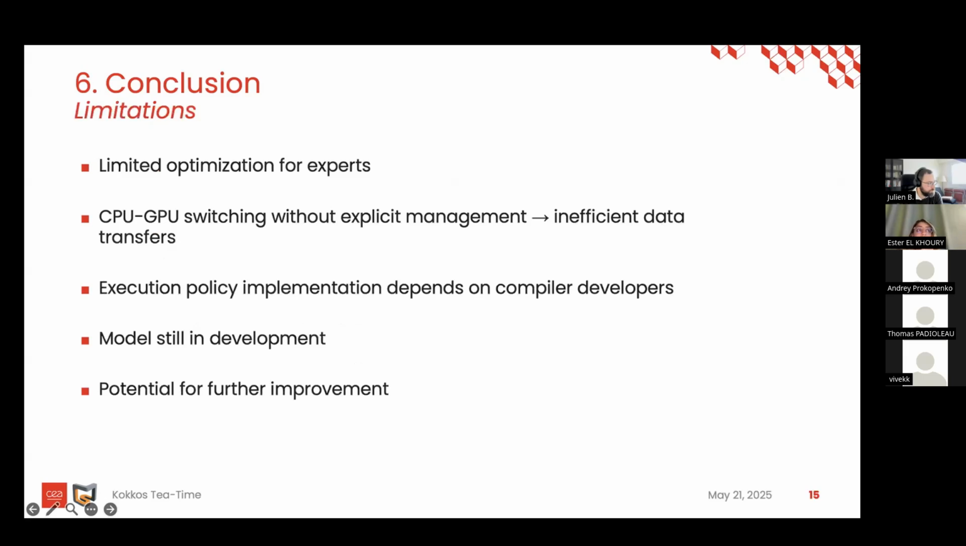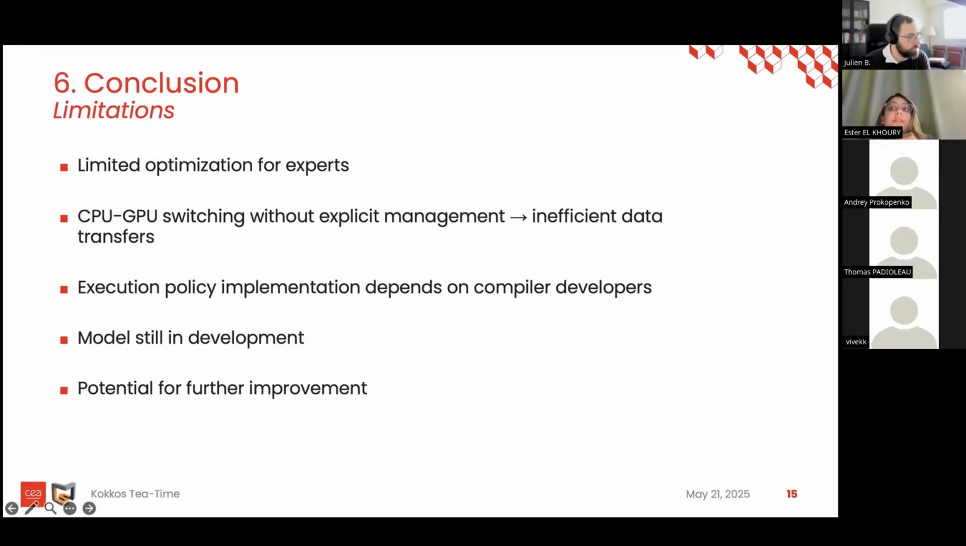Despite the strengths presented earlier, there are still some limitations to consider. First of all, the current approach offers limited optimization opportunities for expert users, for programmers who want to have a very performant code on a specific architecture. Also, the CPU-GPU switching without explicit data management can lead to inefficient data transfers, which impacts performance negatively in some